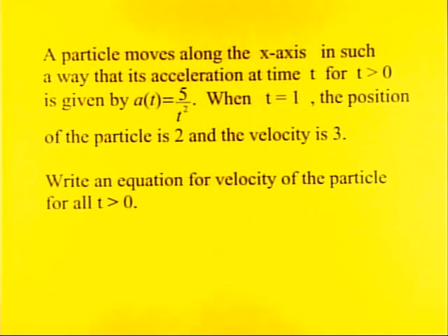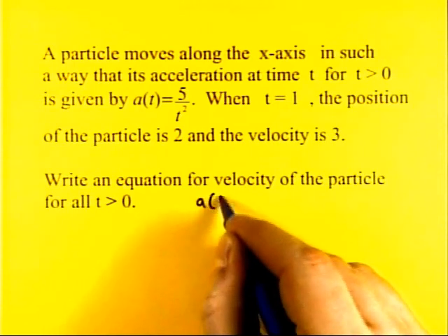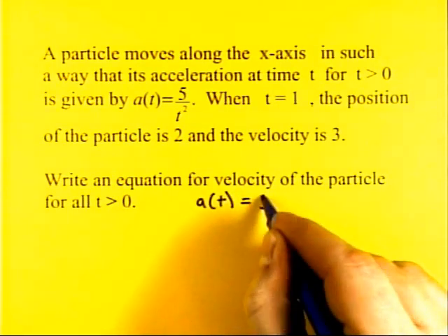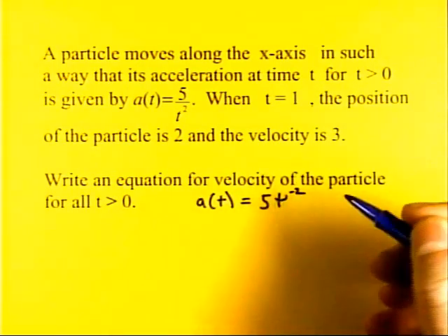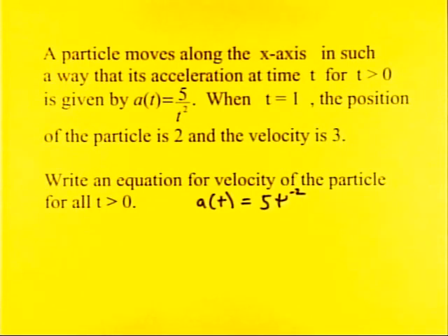Okay, a particle moves along the x-axis in such a way that its acceleration is 5 over t squared. First of all, I would rewrite a(t) so that a(t) equals 5t to the negative 2. Okay, 5t to the negative 2. Keep going. Okay, and then